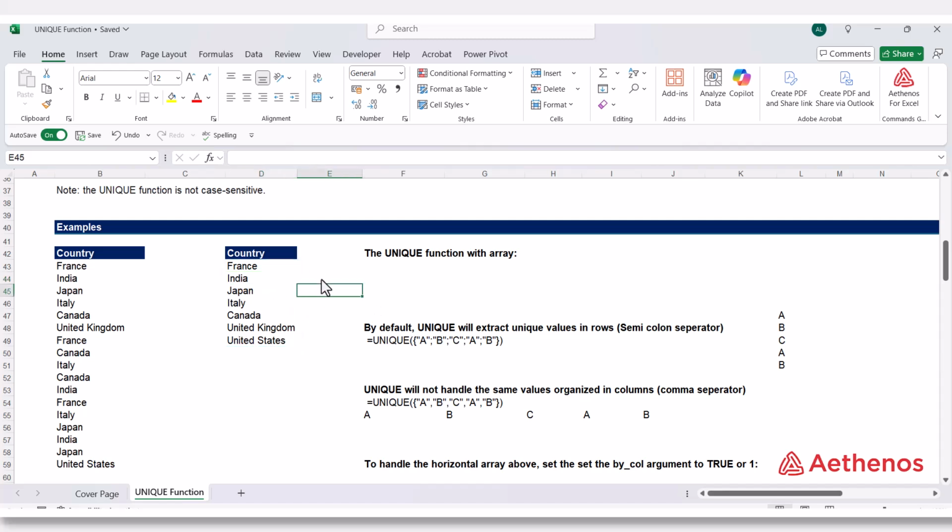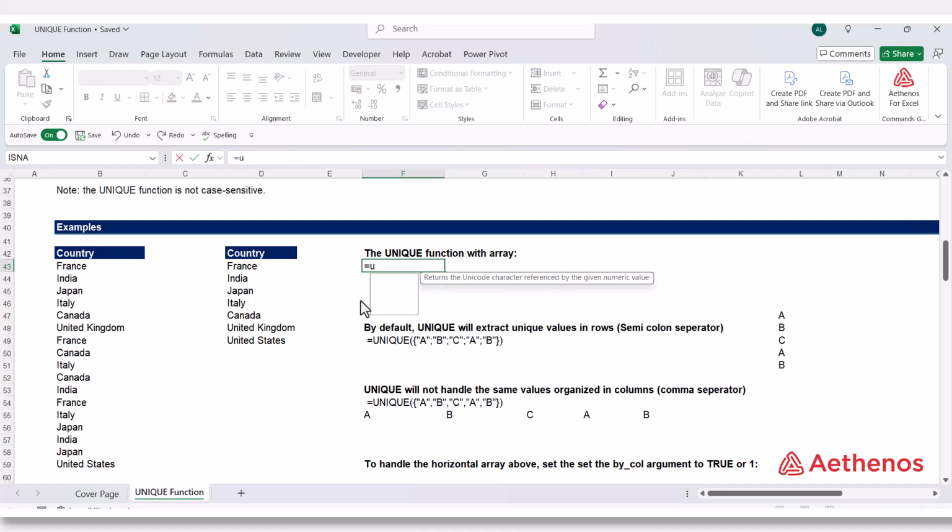We can use the unique function in array form as well. For example, we can use unique function using arrays like this. We type equals unique, and we can give different values within double quotations as an array. So I need to start with a curly bracket since I'm giving an array. And within double quotations, I will type the first item A. And to indicate that the data is in rows, I will put a semicolon to separate. And I will have